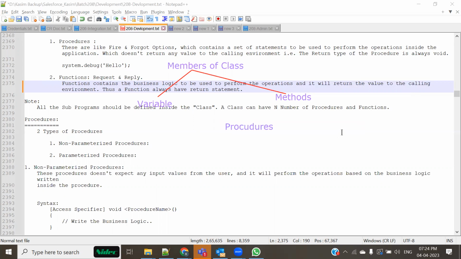Methods are again of two types: procedures and functions. Now, both of them, whether it's a procedure or a function, are of two types: parameterized and